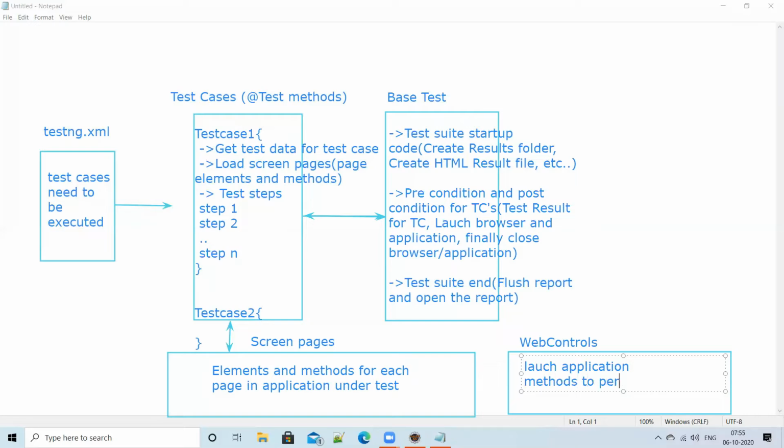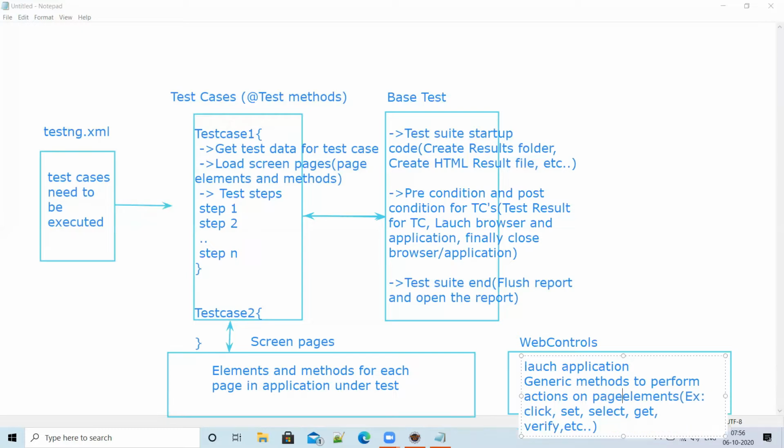Methods perform actions on elements, for example click, set, select, get, verify, and so on. These are generic methods to perform actions on page elements. So this is about web controls.